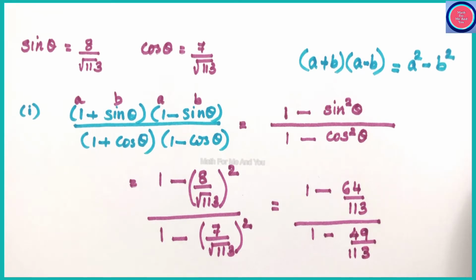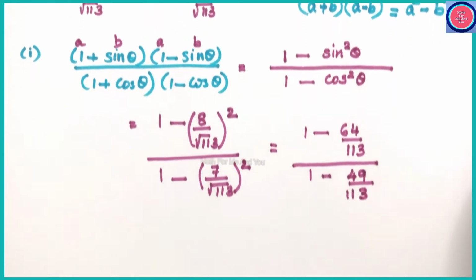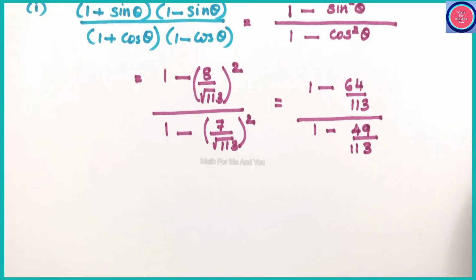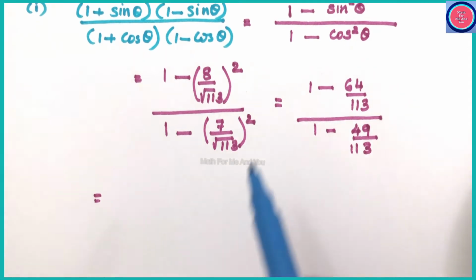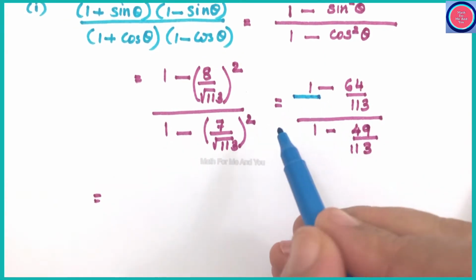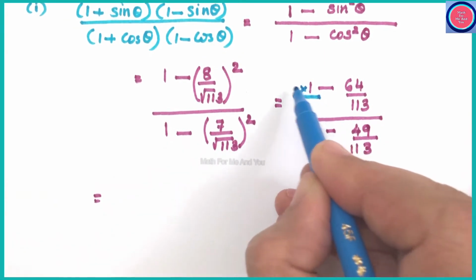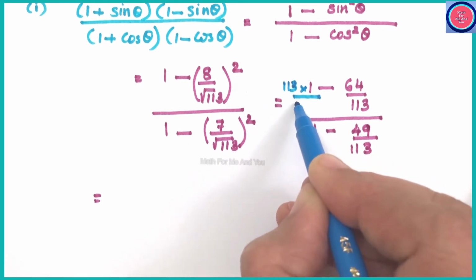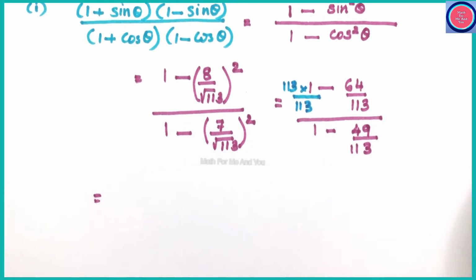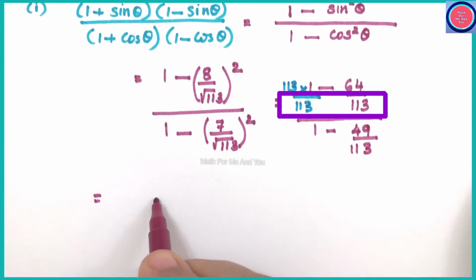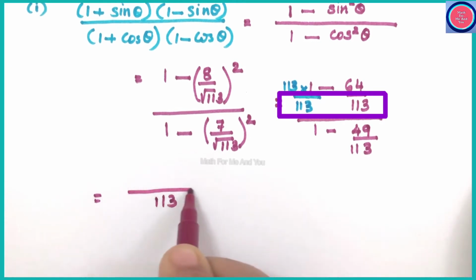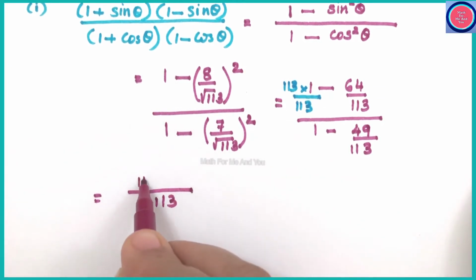is 113. To get the answer 1 minus 64 by 113, we can change 1 also with the same denominator 113. How can we do that? If we multiply the numerator and denominator with 113, see, 1, the numerator we multiply with 113, 1 with the denominator 1, so the denominator also multiplies with 113, then we can see they have the same denominator 113 and the numerator 113 minus 64